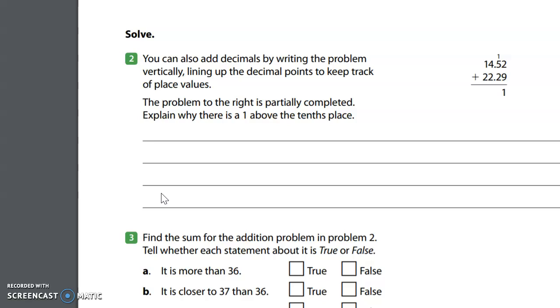Well, what is the sum of 2 and 9? And what happens when you add the sum of 2 and 9? Do you or do you not regroup? That is what you need to explain